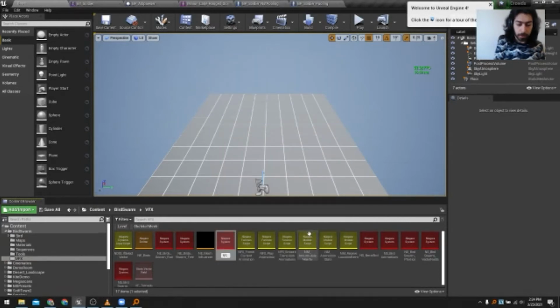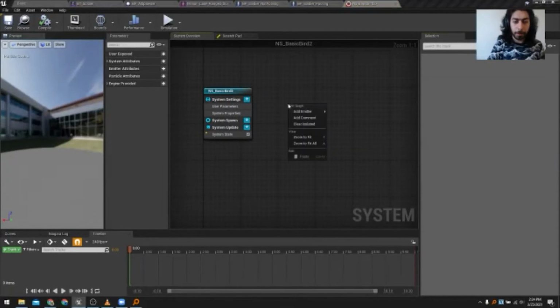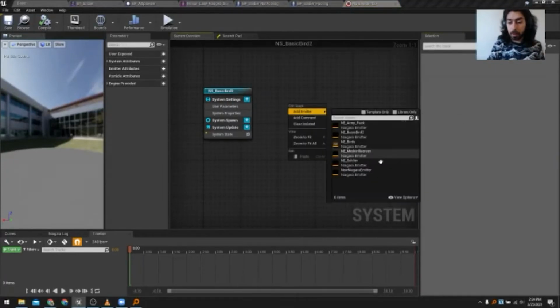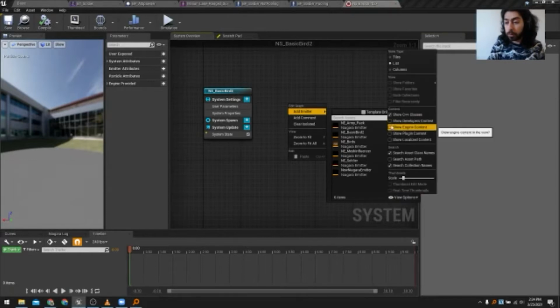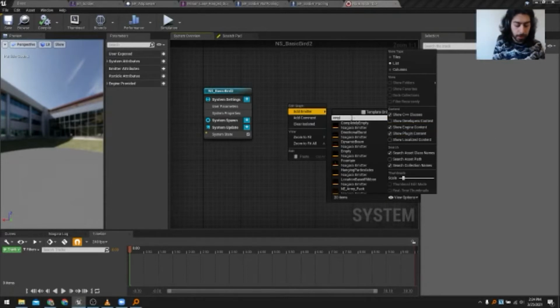I'm going to name it Niagara system basic bird 2, because I already created one. Now, to add an emitter, if you need an empty emitter, you have to go to view options, show developers content, show engine content, and show plugin content. And now we look for an empty emitter.